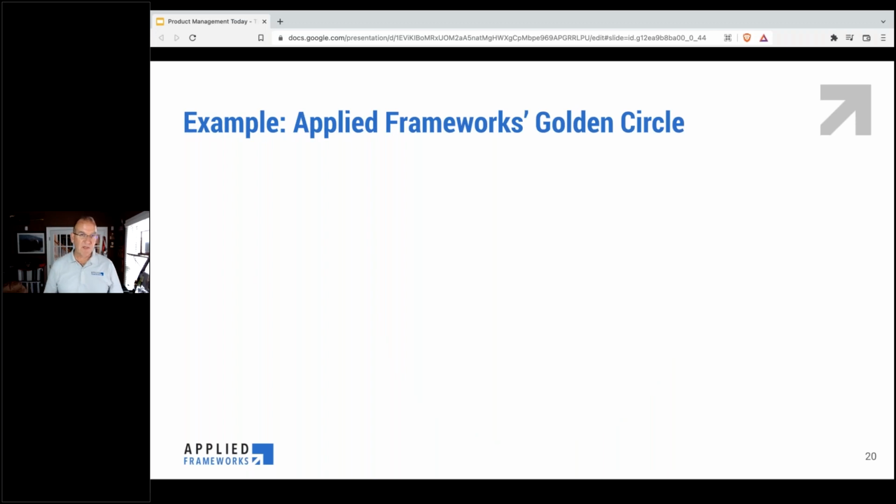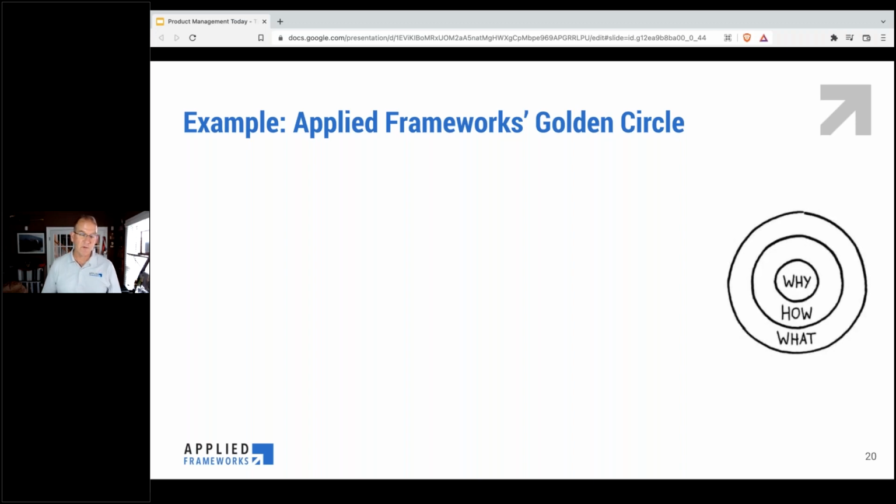So I want to walk through an example of the golden circle just to illustrate how to create this. Now, as we built our golden circle, we coordinated, I'd say, about 8 different sessions with multiple participants from our company. And at the time, there were about 18 of us, so we scheduled different times throughout the week, some in the morning, some in the evening, but allowed everyone to participate. And I think that was important for us at our company size to have different points of view and perspectives to weigh in.